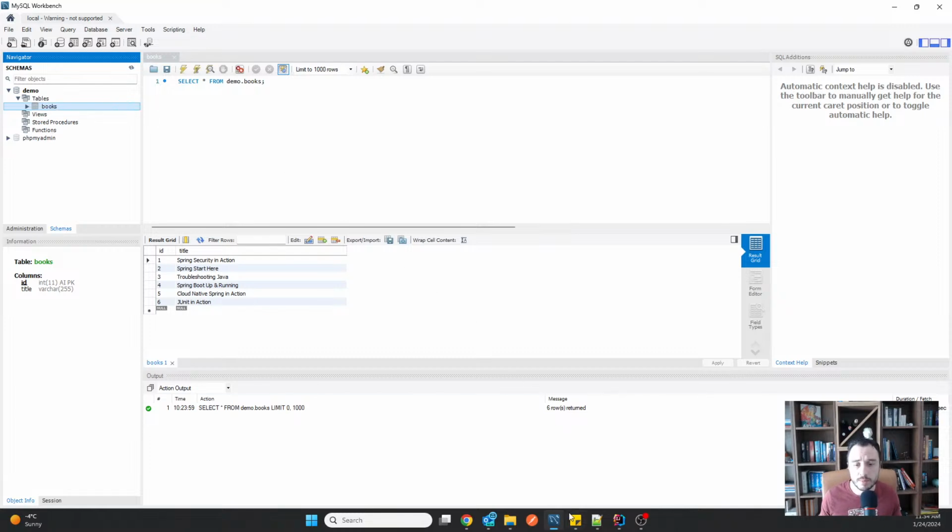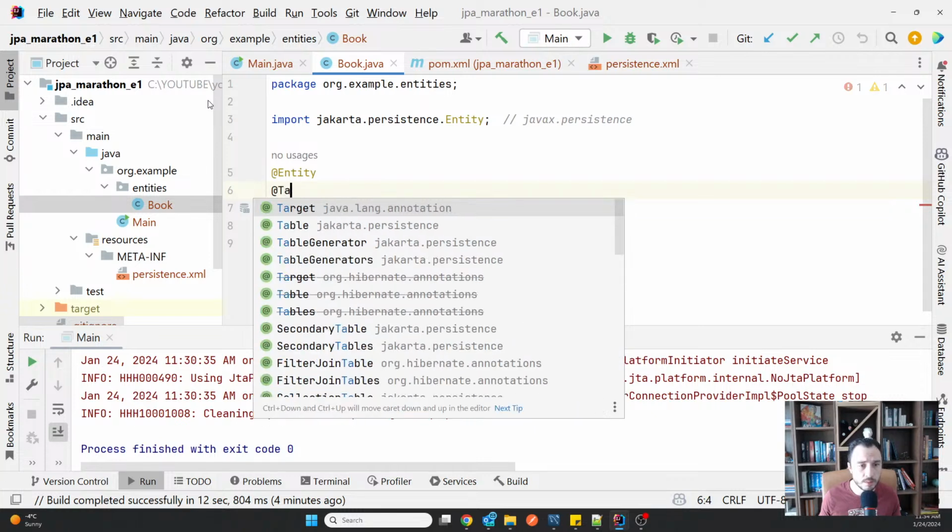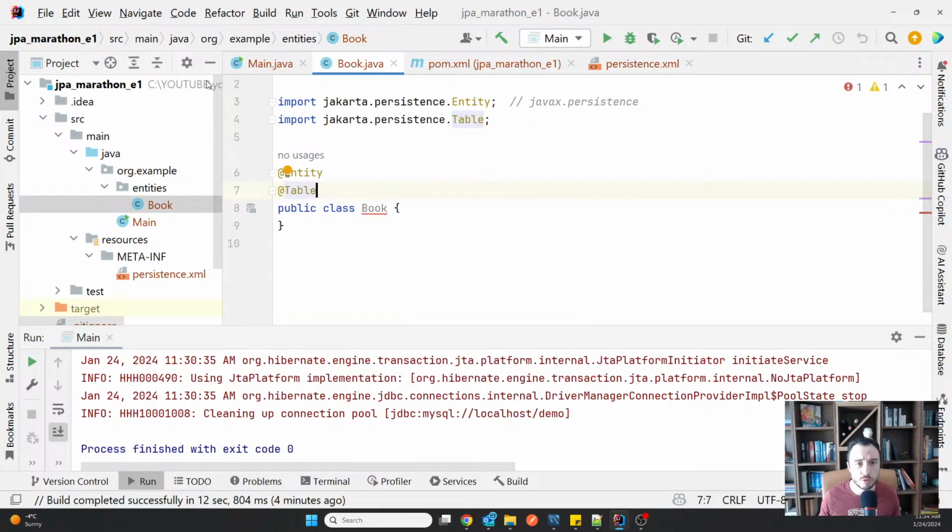So that's why in many cases the Entity annotation will be used together with a Table annotation, which is also from the Jakarta persistence package, and this is used to specify the name of the table to which this entity applies.